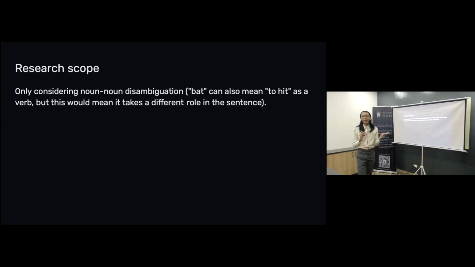So bat can also mean to hit, but I'm not going to consider that because it's a verb. So that will take a different position in the sentence, and that's too many variables. I can't with that. Not going to consider it. It's a lot simpler to do it like this, and the result is more robust in a sense because you're changing fewer variables.